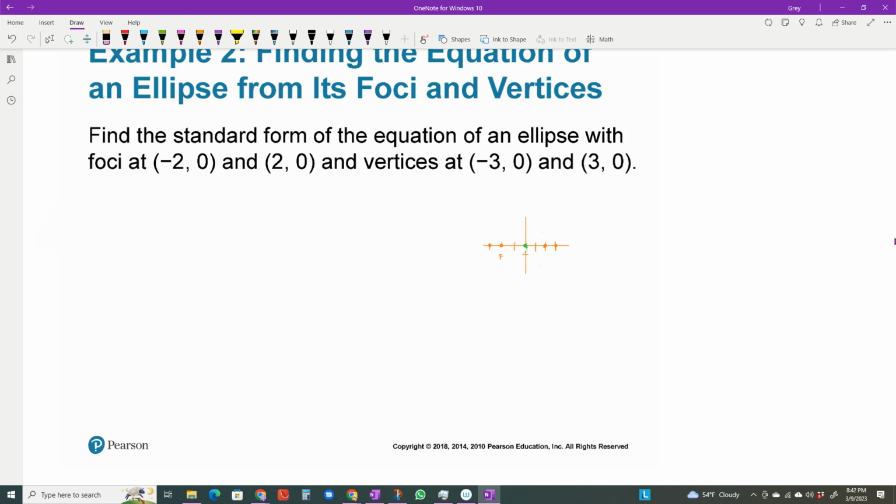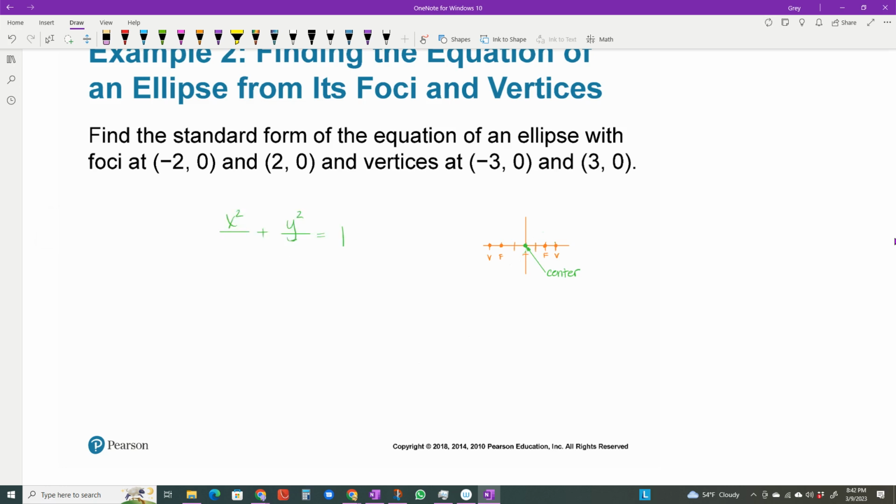So first off, I have a focus here and a focus here and a vertex there and a vertex. So those are each of those. And halfway between the foci or halfway between the vertices, I know I have my center. My center is at the origin,